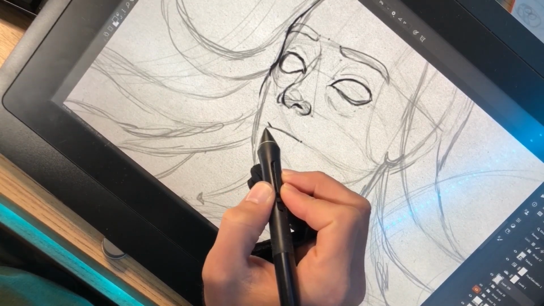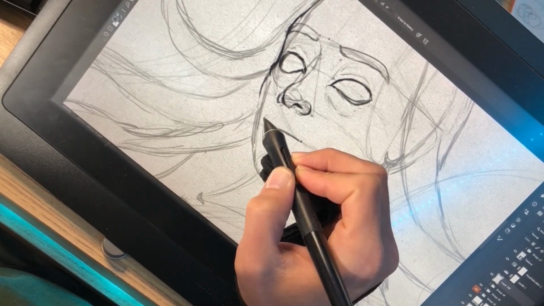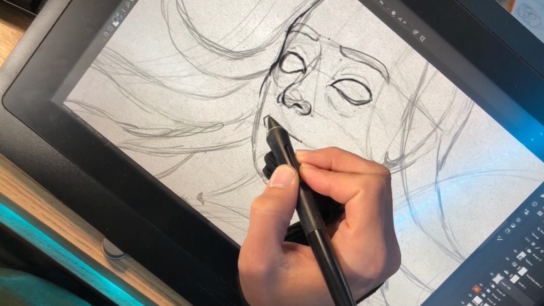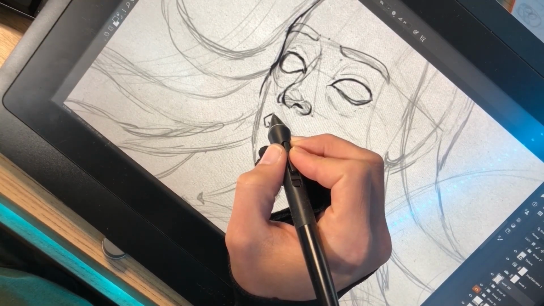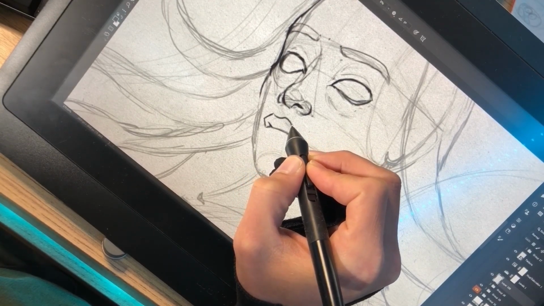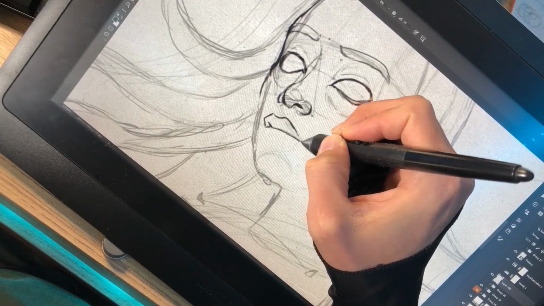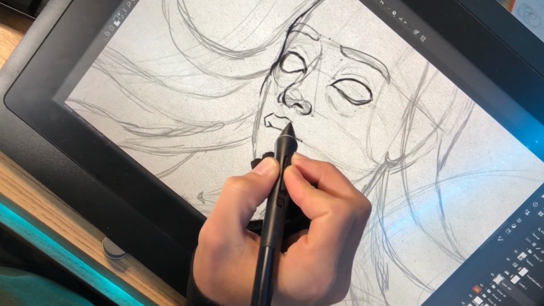And then we can go down again, go up and a little bit to the left, and getting back up to the right a little bit. And then we can draw like a wave, going down, getting up, going down again, until it gets to the beginning of the lip. I will be making it more curved,